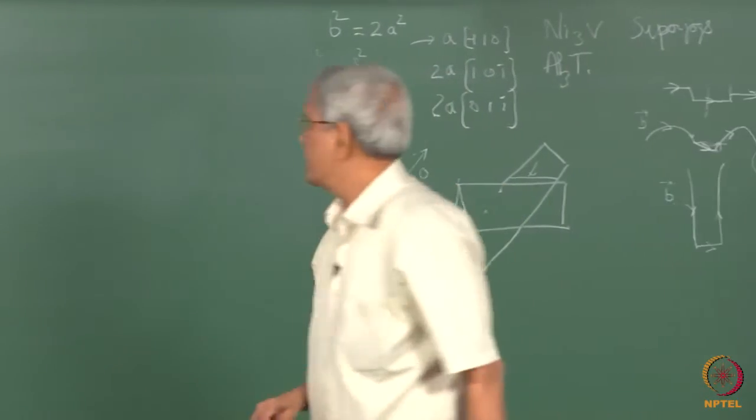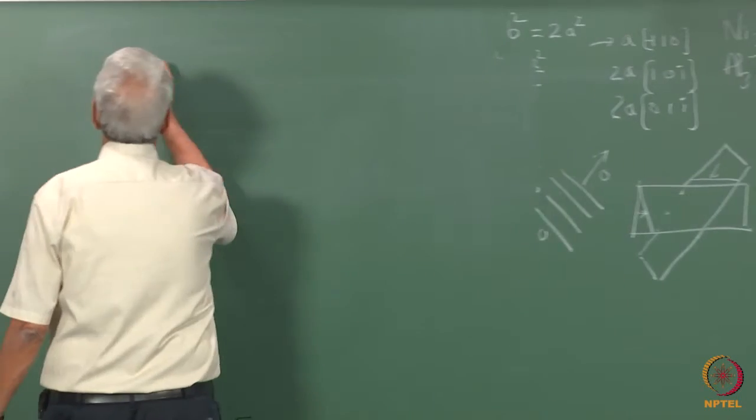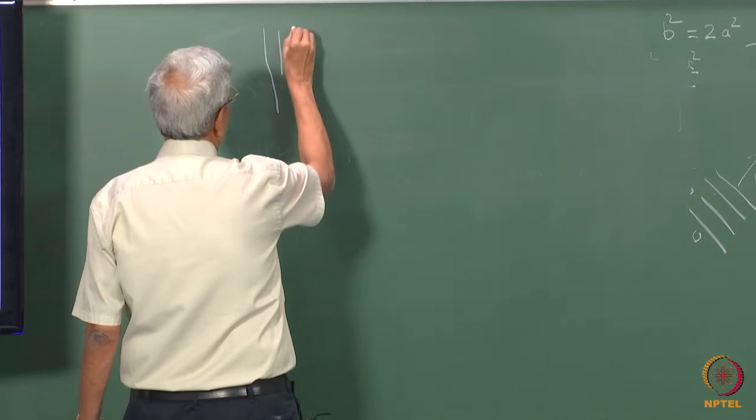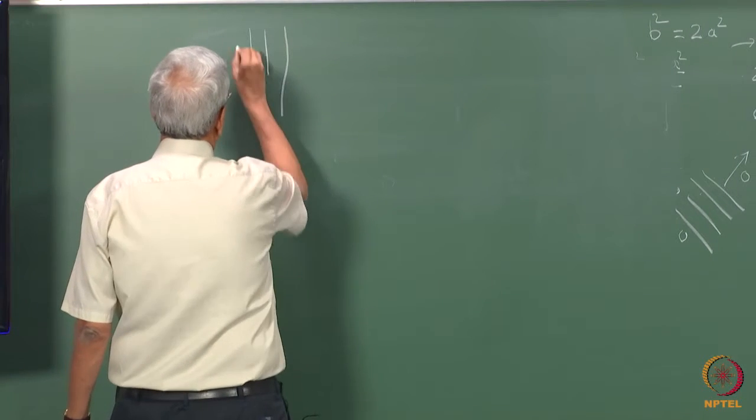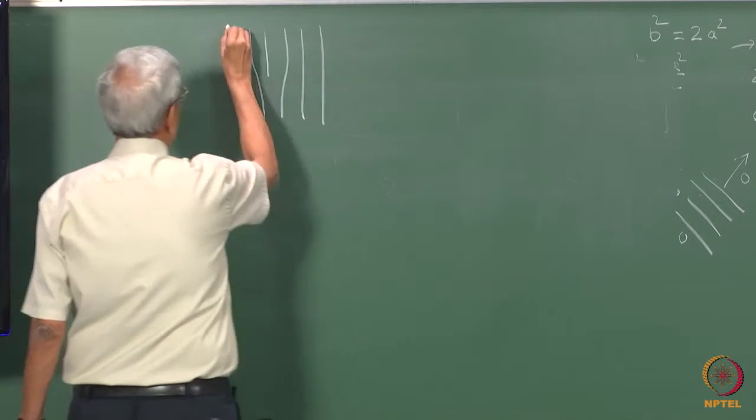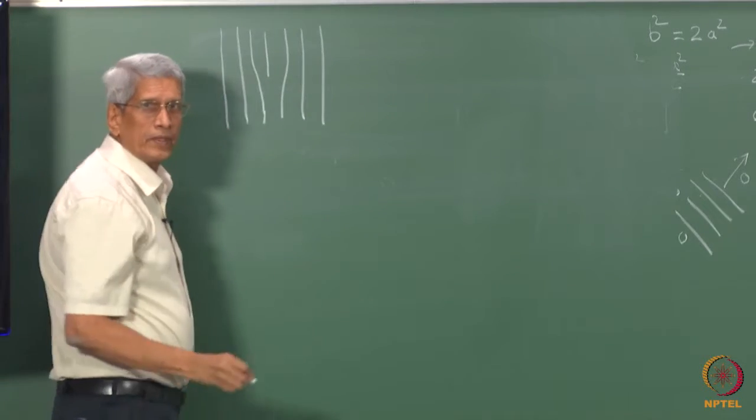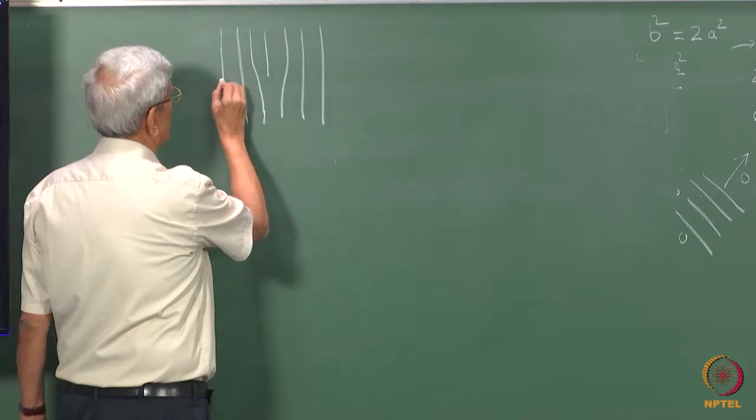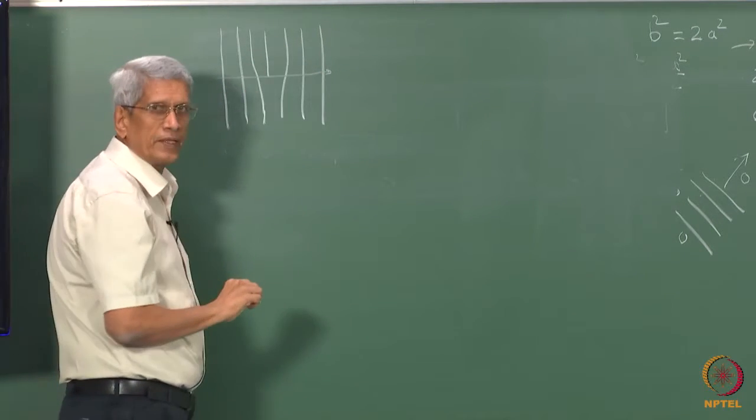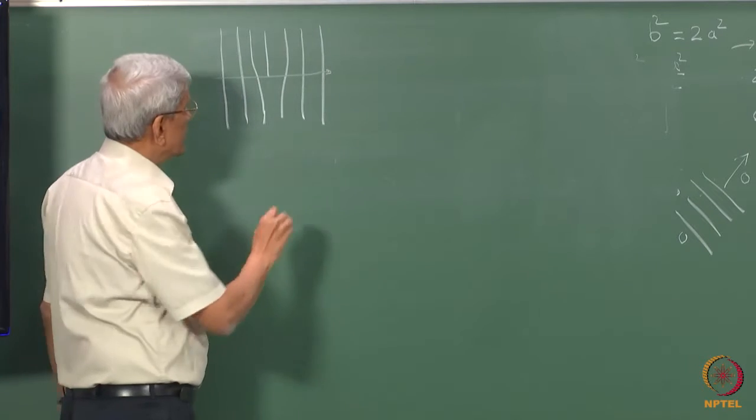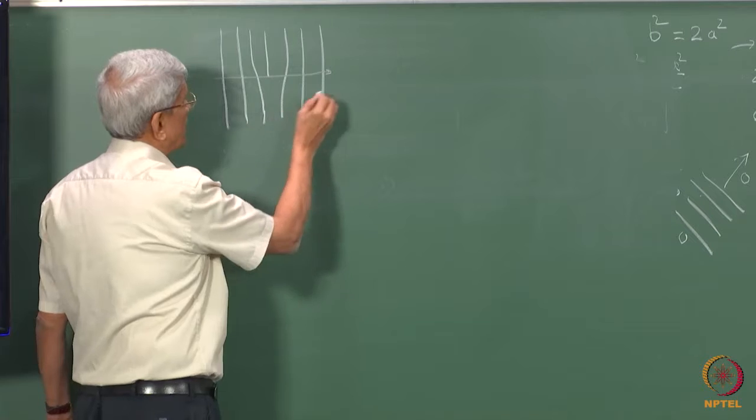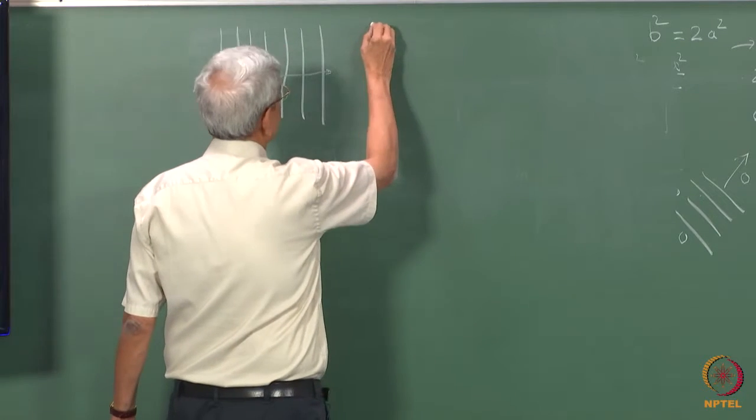How does it happen? Generally, let us consider the case of an edge dislocation. This is how we see that the lattice planes are there, correct? And then this is the slip plane, above which an extra plane is there, correct? If a dislocation moves, then what will happen is that by one step,